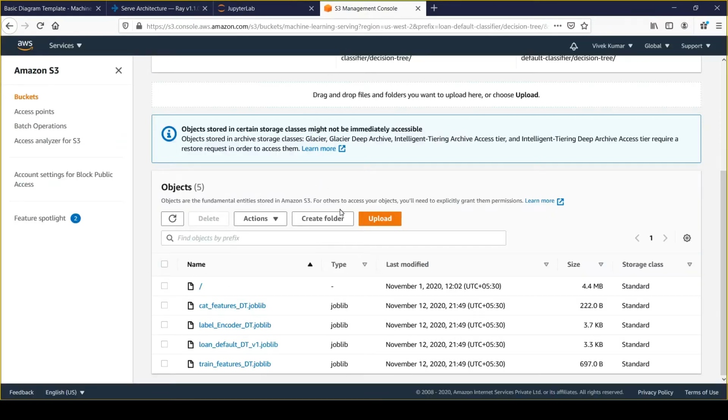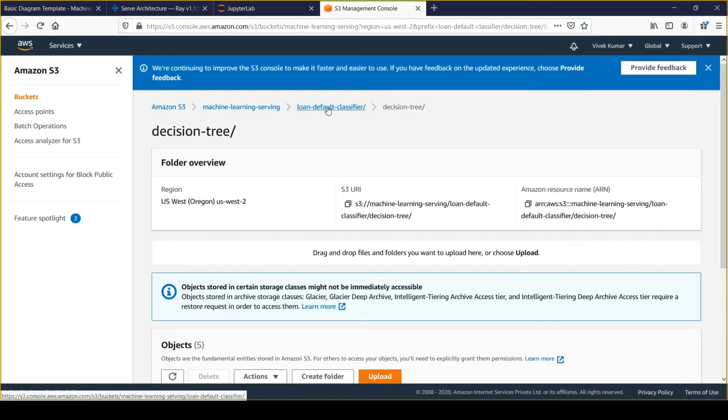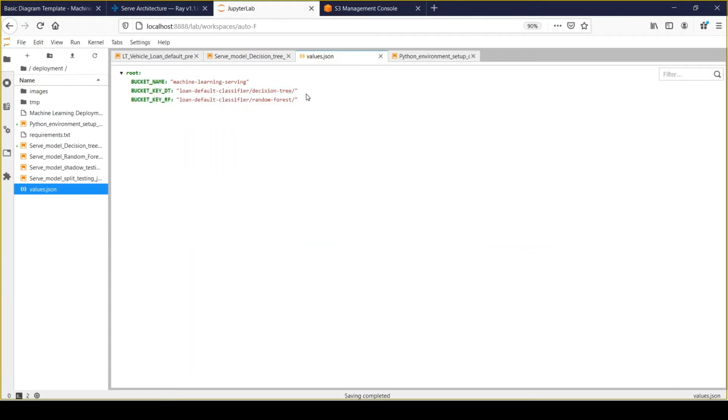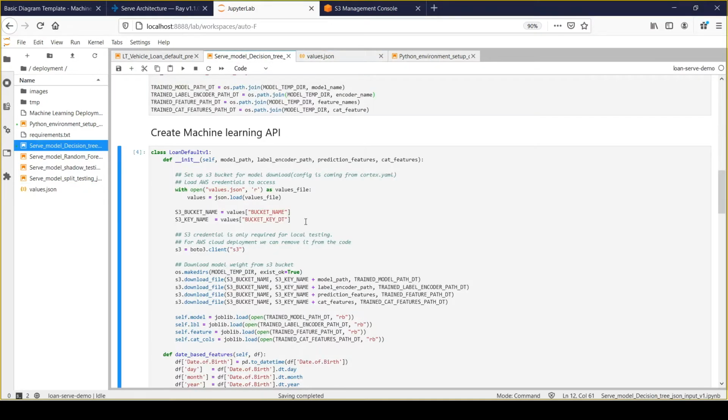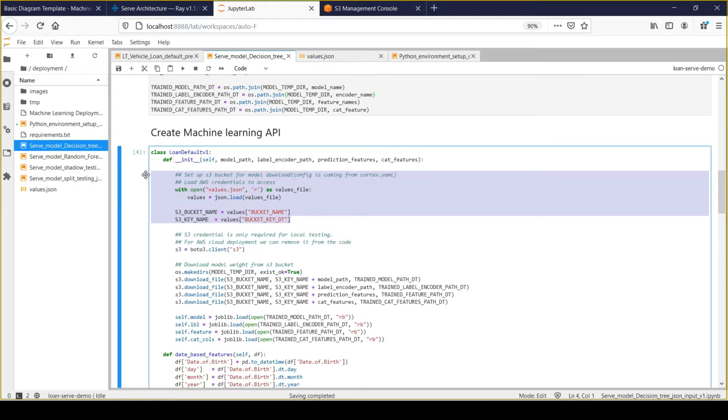That's what we have seen here, and that's what we have configured here, right? And that is the outcome of that activity. It will read the JSON file, and it will pull the bucket name and bucket key ID for decision tree, and then further we will use these values for downloading model artifacts.